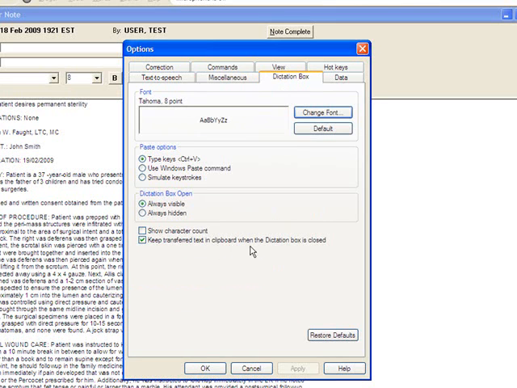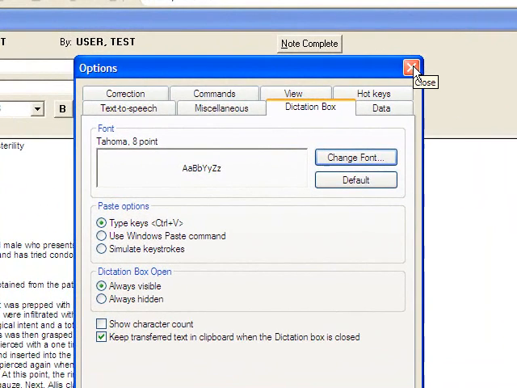Keep transferred text in clipboard when the dictation box is closed. So this is the key thing you want to check under dictation box in the options menu, so that after you transfer text, it'll stay in the clipboard until you clear it, so that you can put it in more than one place. Sorry, it took me a little while to find that, but